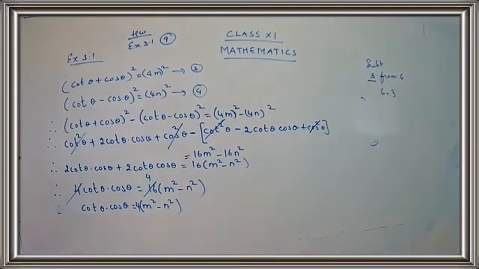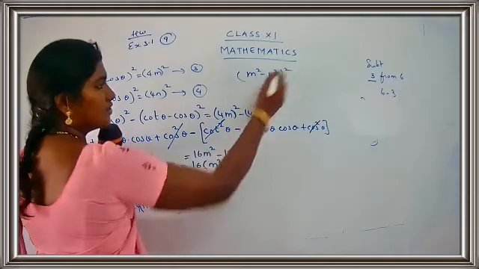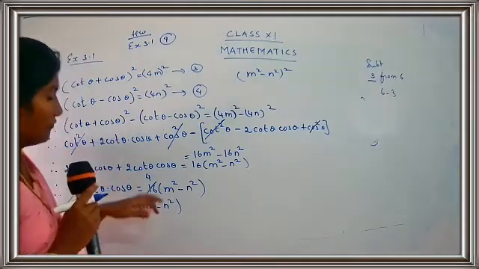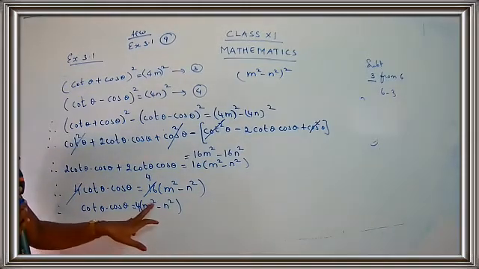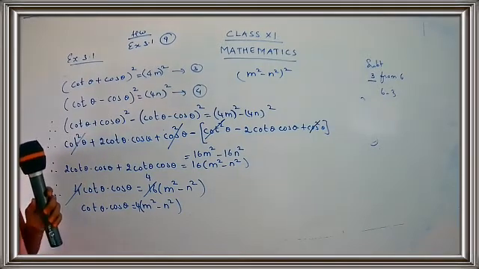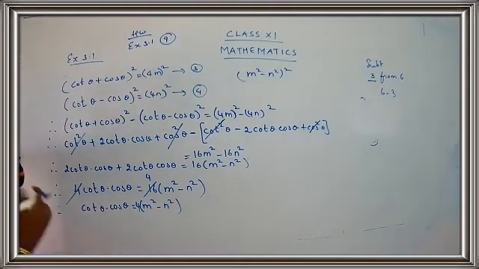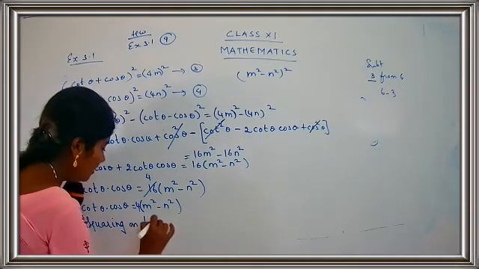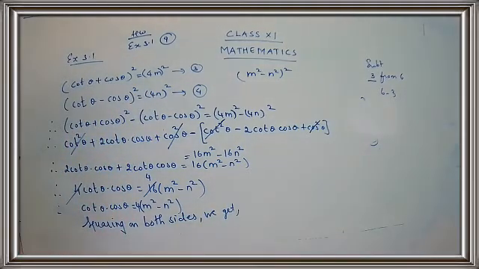Still the work is not done. I want (m square minus n square) square. I hope you are understanding the steps, children. I'm just going very slow. The sums are lengthy, so just understand the concept carefully. You have to find out (m square minus n square) square. That means I just got here m square minus n square, but I don't want m square minus n square. I want (m square minus n square) the whole square. I want your square term. So just put your squaring on both sides. Squaring on both sides we get. What are you going to get when you square on both sides, children?